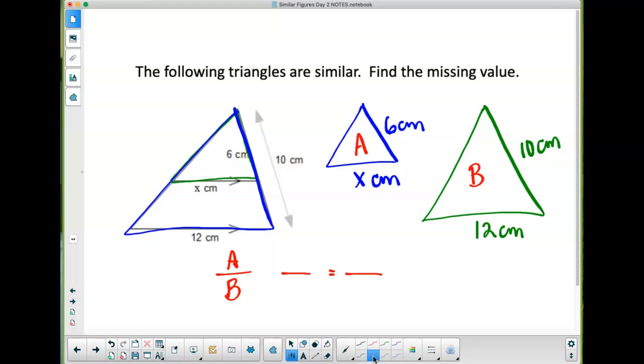Okay, so I'm going to pick a side on triangle A. I'm going to go with 6. 6 matches up with,